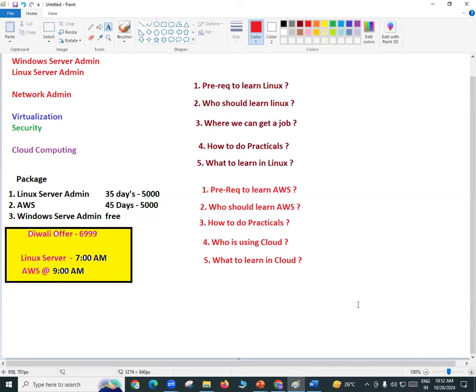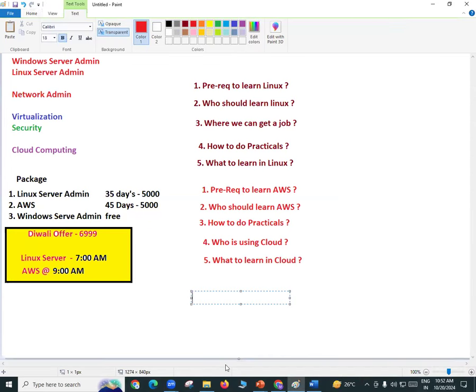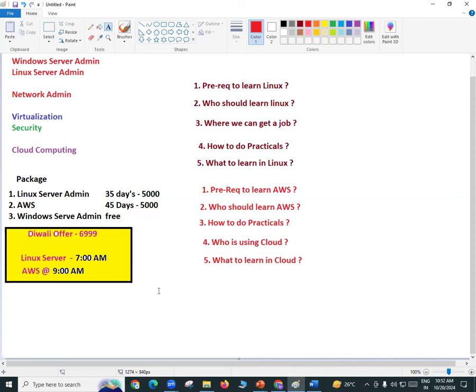So tomorrow, 7 a.m. What's the day today? 21st of October. At morning 7 a.m. we'll be starting our Linux server administration. And after 3 days, that is on 24th of this month, that is on Thursday, we'll be starting our AWS. As of now, because of Diwali, we have this offer here. All the three courses we are offering only for